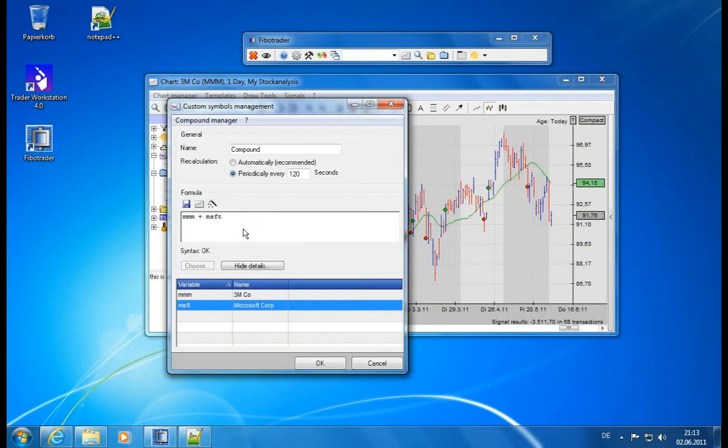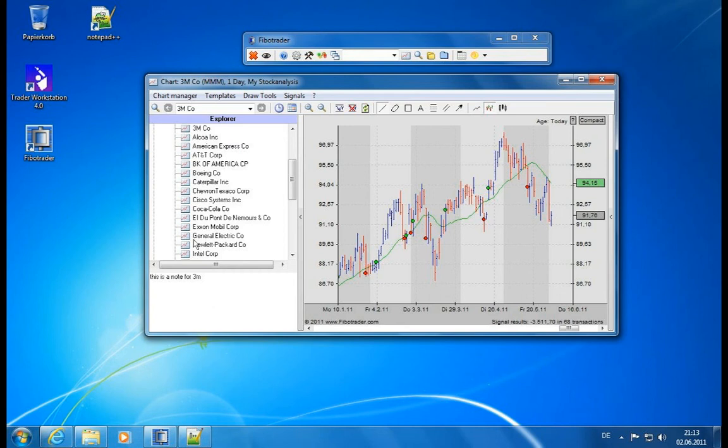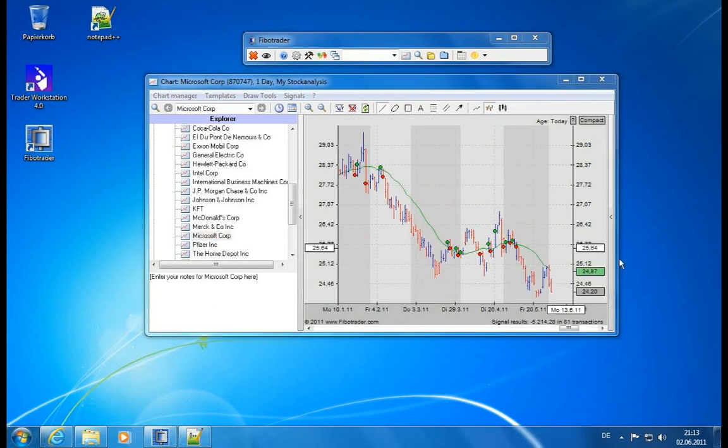It doesn't matter. As soon as you're finished with your calculation of the stocks, you can use a negative value. So let's say we subtract Microsoft from 3M. Now we can create a symbol which is actually the difference between 3M, which is at 91, and Microsoft. So let's see where Microsoft is trading. Microsoft is trading at 24, so it should be somewhere around